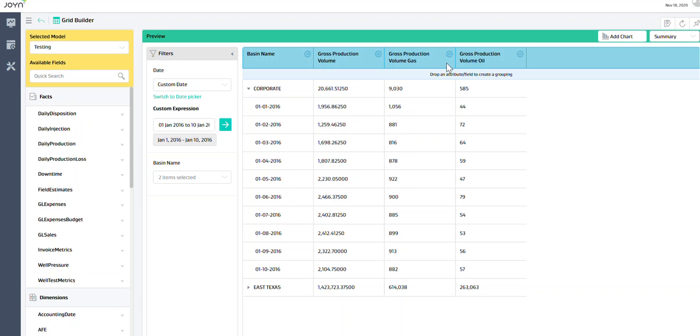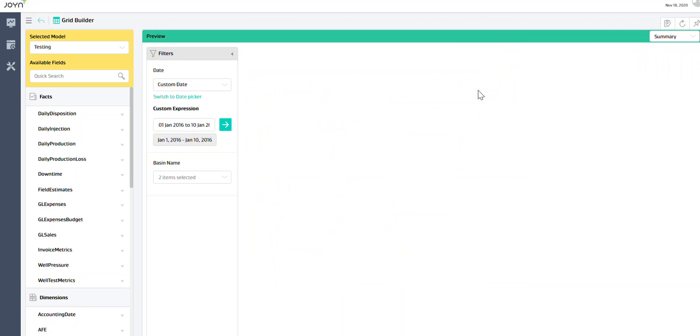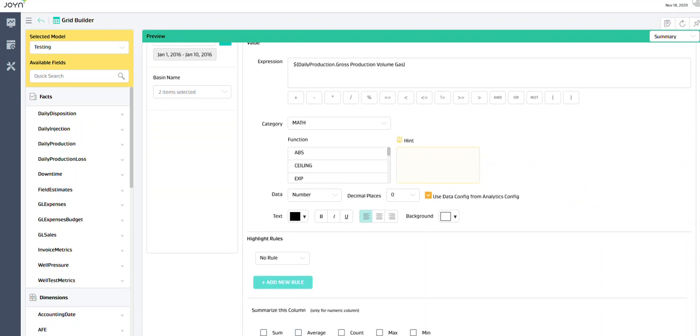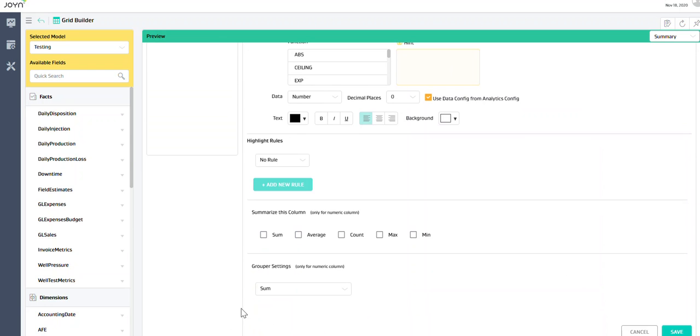So to get that aggregate function, you should click on this gear icon and click on this customize option. Then the customize window will be available there, and at the bottom of the page you will see a drop down called grouper settings. So please note that this is available only for the measure columns, the numeric columns. So here we have